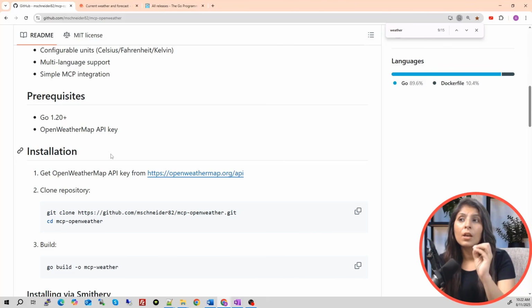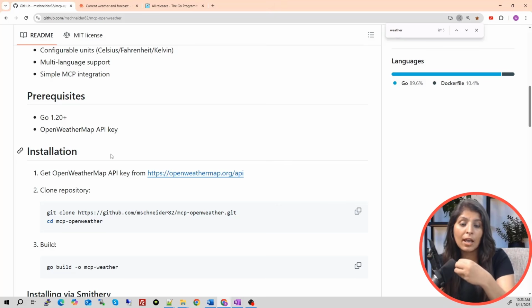So we will clone this GitHub repo, we will build this server on a local machine, and then using this server which we have on our local machine, we will connect with the MCP client, and when the user asks the question, our MCP client will connect to the MCP server which is running on the local machine, and that MCP server will connect with the Open Weather API and fetch the live information.